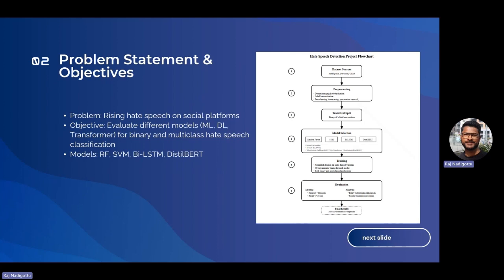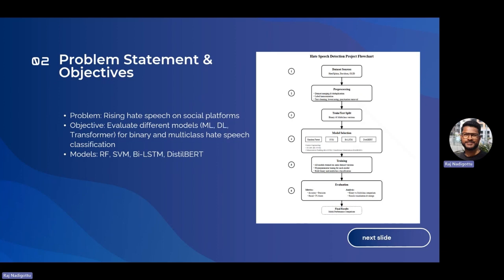So automatically detecting hate speech is very important. But even in this age of technology, we still find it challenging because of the nature of the language which has been used in this kind of communication.